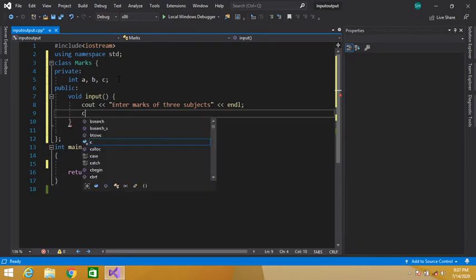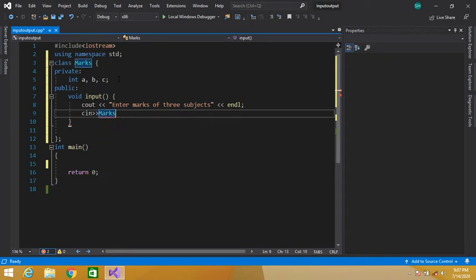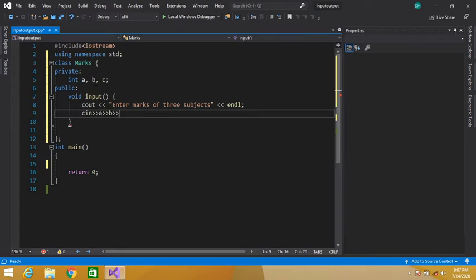Semicolon here and then cin the marks of three subjects. So we have declared three data members A, B and C, and we input marks in these three private data members.